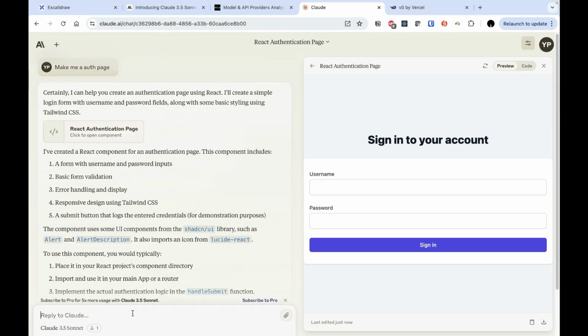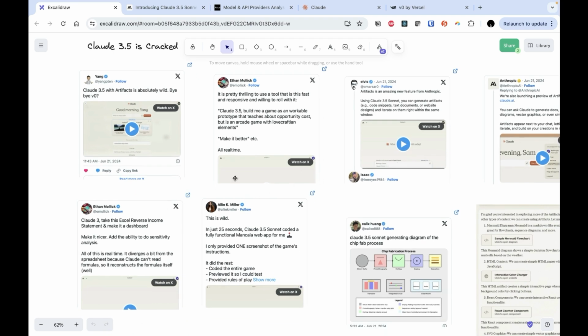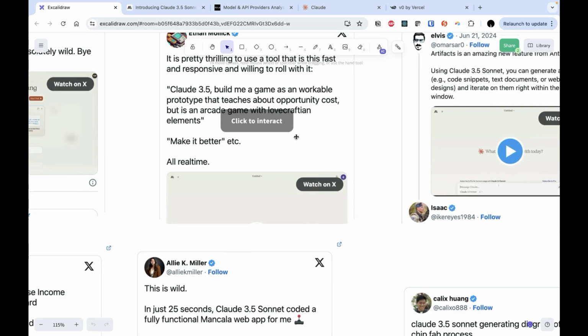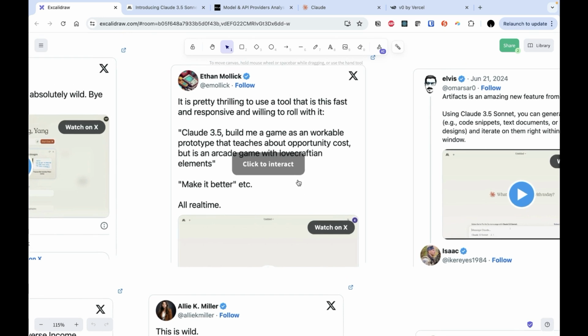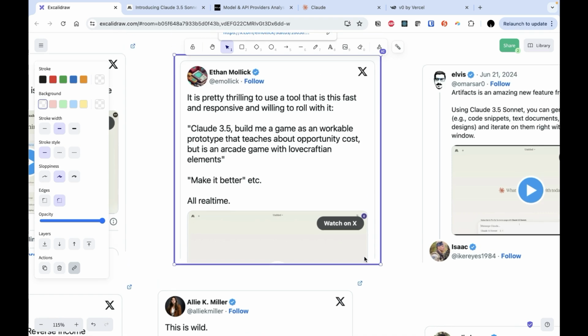And you can even get Claude to continue to update the components that you've generated. Now, this is just what I've been playing with, but as per usual, I've been going online, on Reddit, on Twitter, and just collecting cool use cases that I've seen people do. So a super cool one that I've seen is people making games. So this one here is super cool. If I zoom in here, Ethan has told Claude 3.5 to build a game as a prototype that teaches about opportunity cost with Lovecraftian elements. So if I click into this real quick,